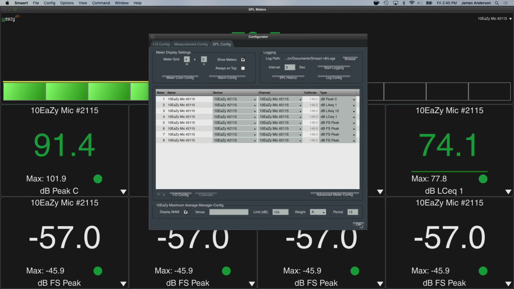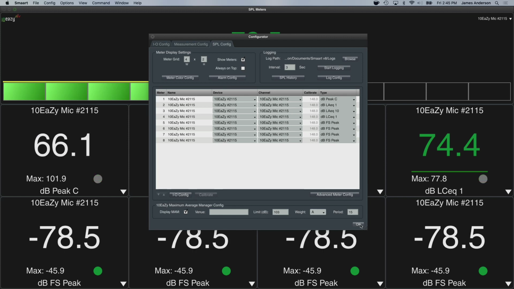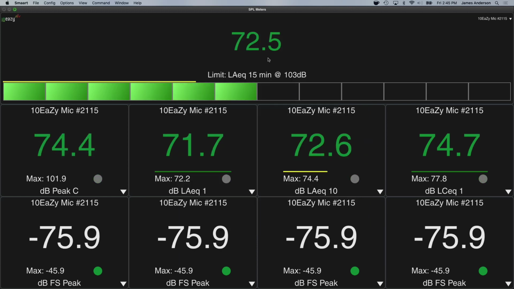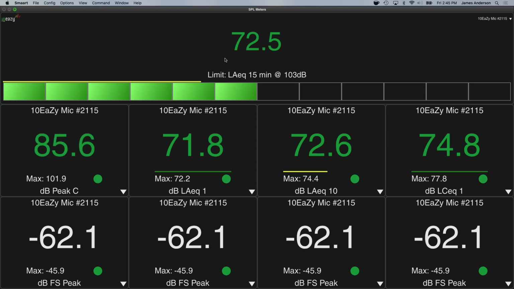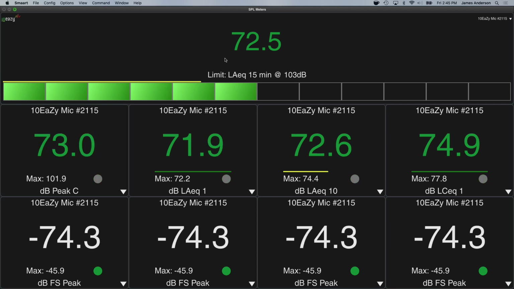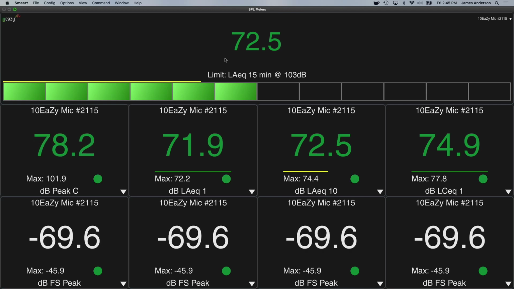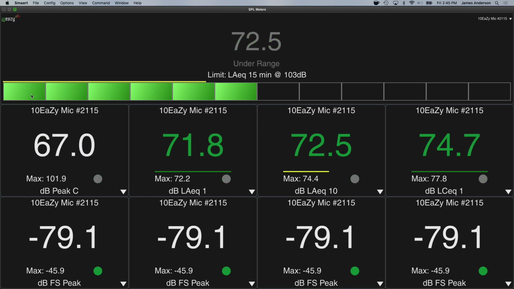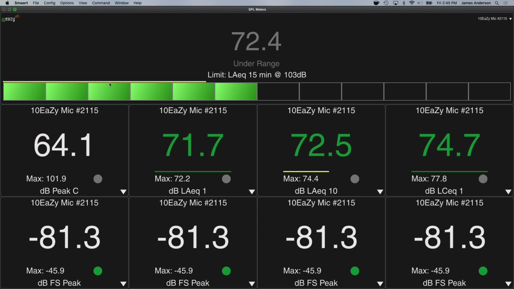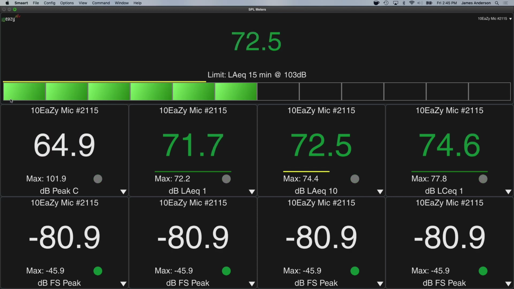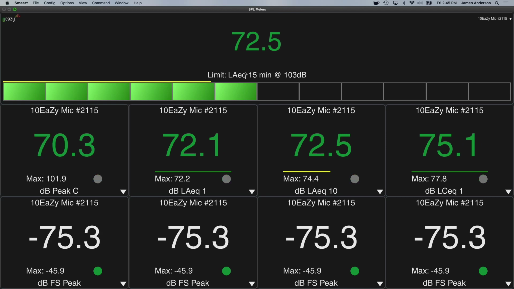So what this is doing is basically an ongoing prediction of, at whatever level you're at now, how loud can you go before you use up all of your available dBs, and essentially go over your limit. And each one of these rectangles represents 1 dB. So we're at negative or positive 6. In other words, we could turn up the system by 6 dB or more in this case, and still be